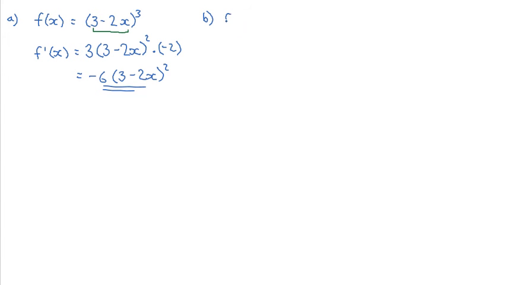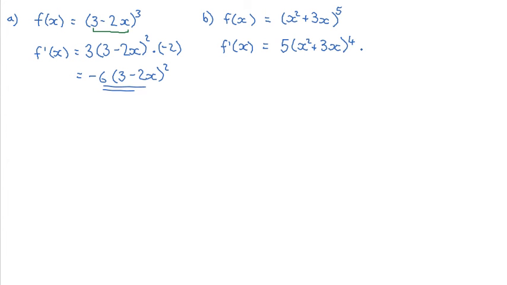So part b, f of x is equal to (x squared plus 3x), and that's all to the power 5. Again, just have a wee look at it, make sure you understand what is the outside function and what is the inner function. In this case, it's all to the power 5, so the power 5 is the outside function. So f dashed of x, applying the chain rule, bring the 5 down the front, and subtract 1 from the power, to the power 4,